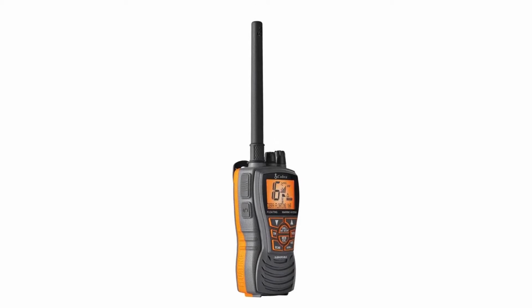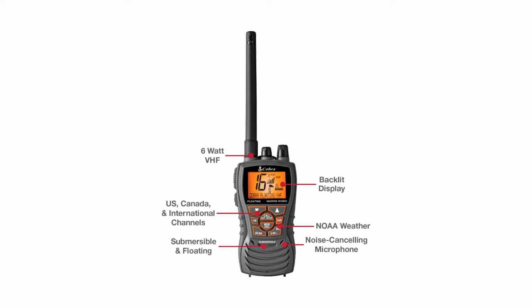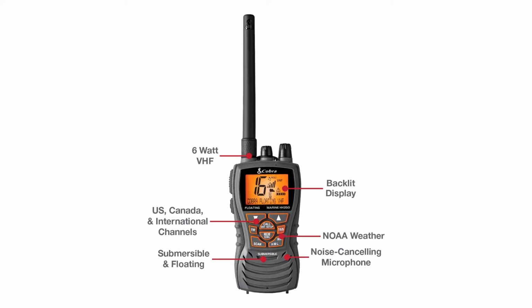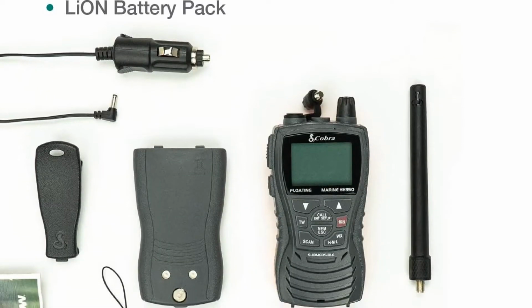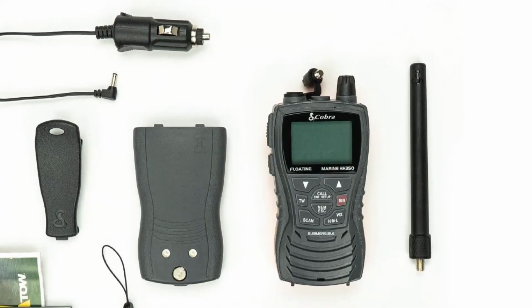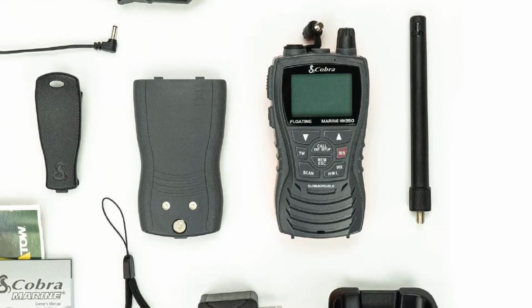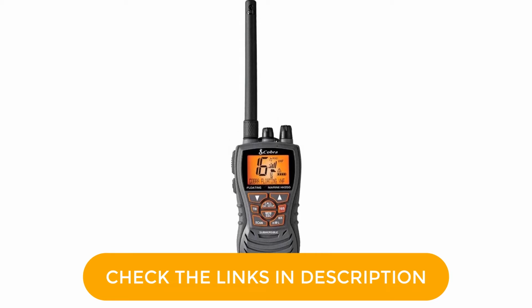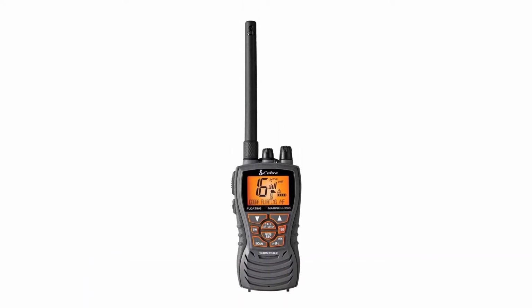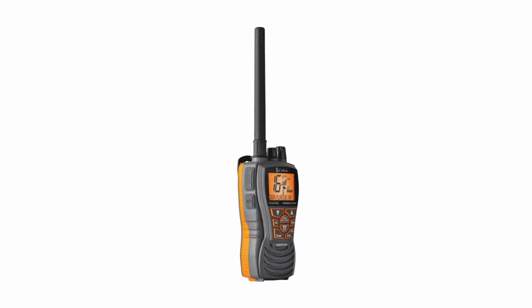The submersible handheld radio floats on the water and comes with NOAA weather reports. A noise-canceling microphone makes it easy to speak to your contacts as clearly as possible. There's also a backlit display for tracking information, like which channel you're on. A burp feature also ensures you can vibrate any excess water out of your speaker grill after the radio gets wet. The ultimate all-in-one device for keeping you safe and informed when out at sea, the Cobra Handheld Marine Radio